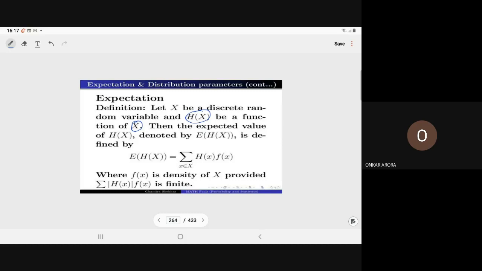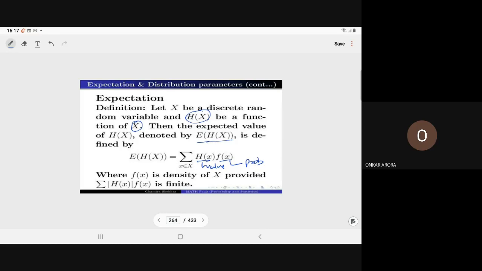Then the expected value of h(X), denoted by E[h(X)], we define as the summation over x belonging to X of h(x) into f(x), means value into probability. This is the value and this is your probability. Sum of value into probability will give you the expected value or the mean, where f(x) is